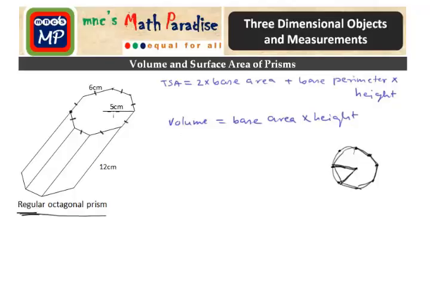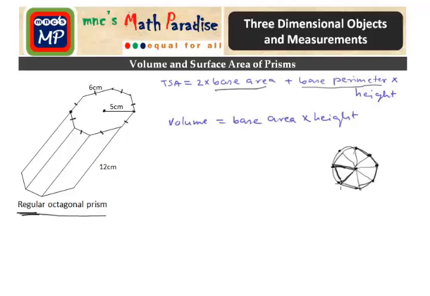That distance is given from center to this one vertex, the distance is given as 5 cm, and one arm length is given as 6 cm. So now to calculate the total surface area and volume, we need the base area and base perimeter. So to find the base area, we know for any regular polygon we divide it into smaller triangles,